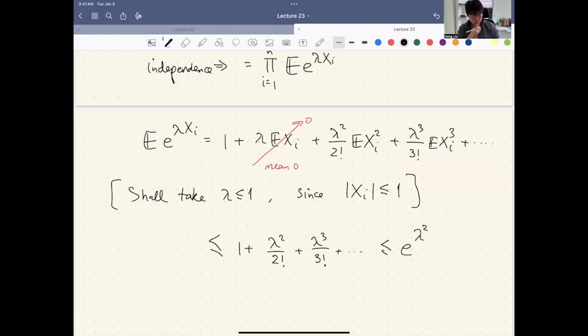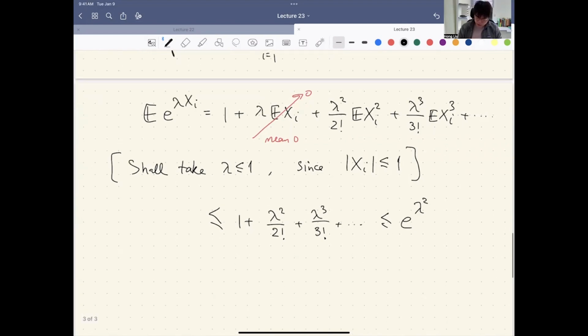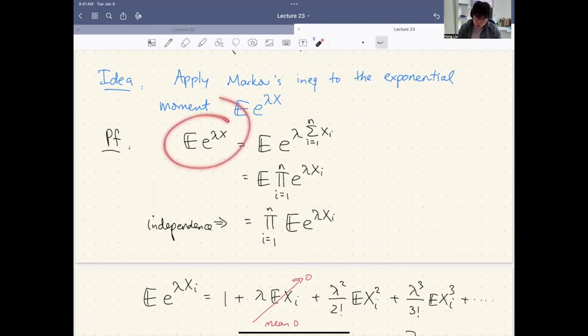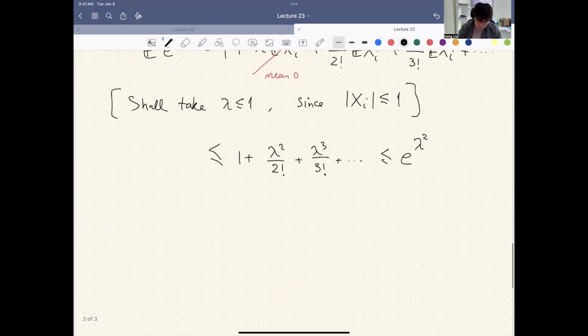This is true. So we get, right, this is for each term. Each term is at most e to the lambda square. We have n terms. So altogether, we have this exponential moment is at most, so we have exponential moment of x is at most e to the lambda square times n terms. Now we apply Markov inequality. So the probability, now Markov